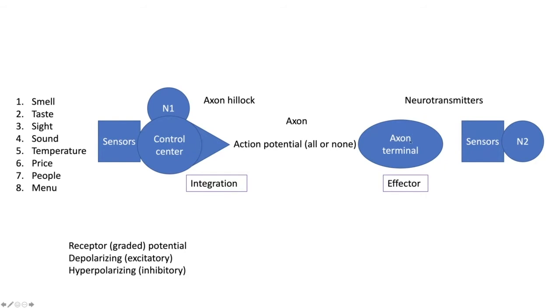When the action potential reaches the axon terminal, something will happen here. This electricity will make some channels open at the level of the axon terminal. Calcium, for example, enters here, and this axon terminal releases neurotransmitters that will either stimulate or inhibit the following neuron. And in this other neuron, the same thing that is happening here will happen, because I am representing the connection between this neuron and this neuron, but this one is also receiving stimulation from many others. So this other neuron will determine if the information will continue or not.